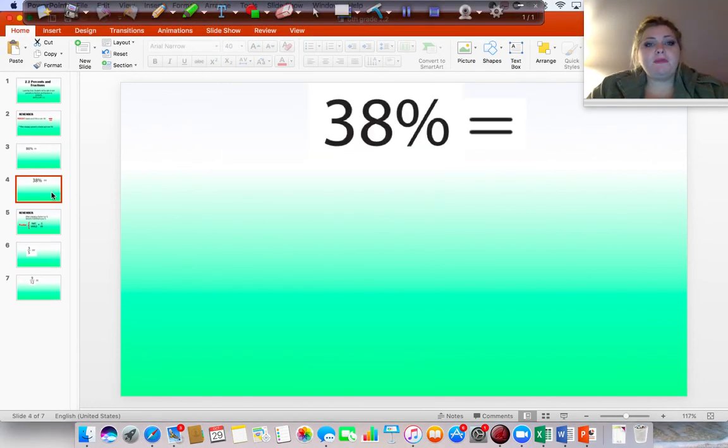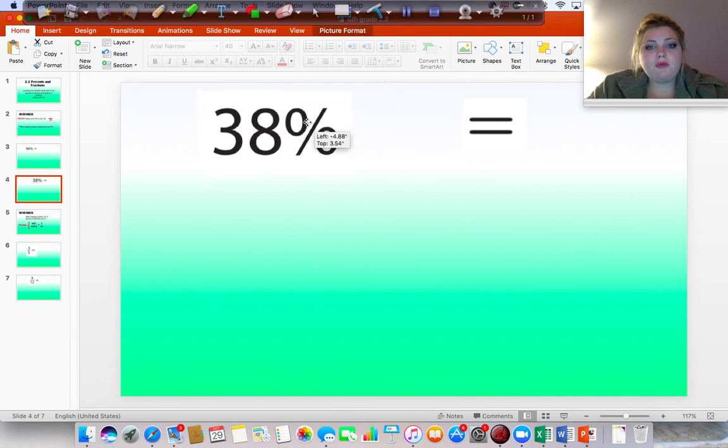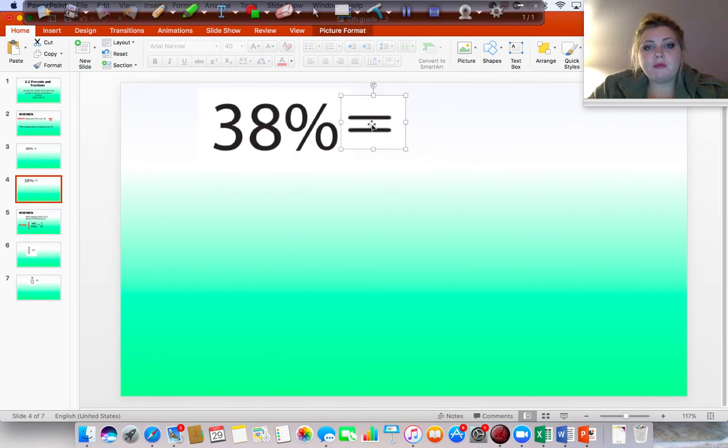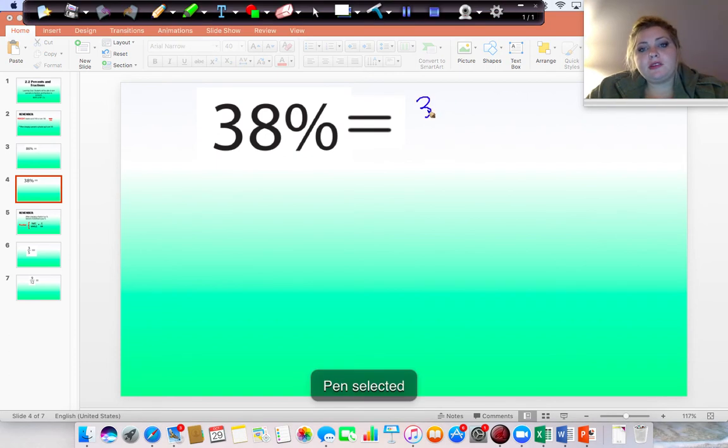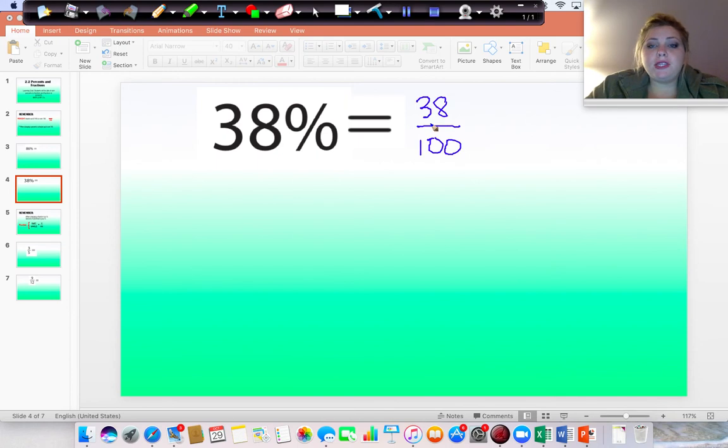Okay, 38%. I'm going to move this over here. So 38%, again, we write our percents over 100. And we can reduce this because both of these numbers end in 8 and 0. That means they're both even numbers, so we can divide both of them by 2. 100 divided by 2 is 50, and 38 divided by 2, if you need to divide out to the side,